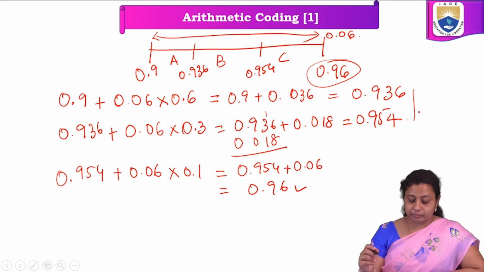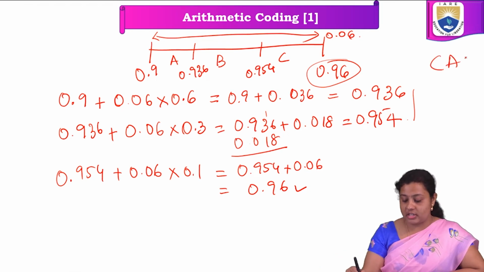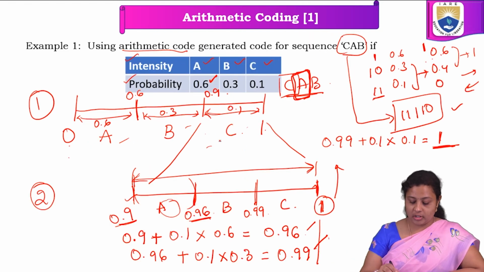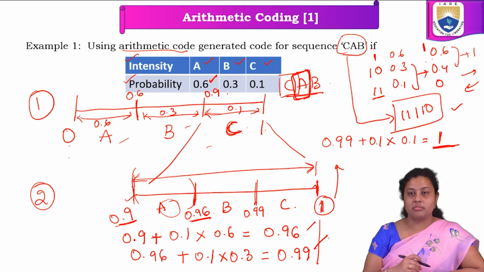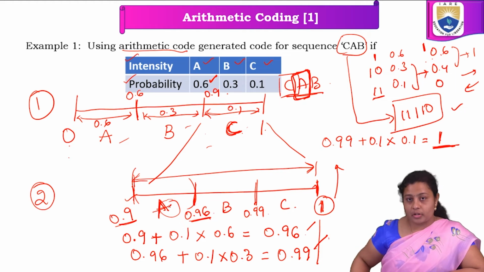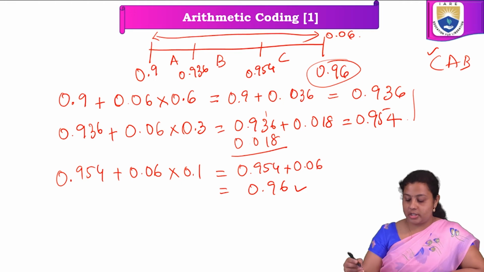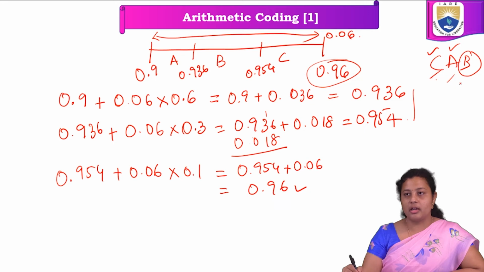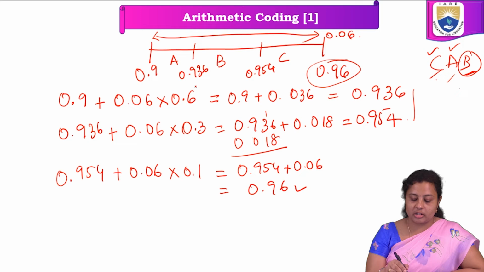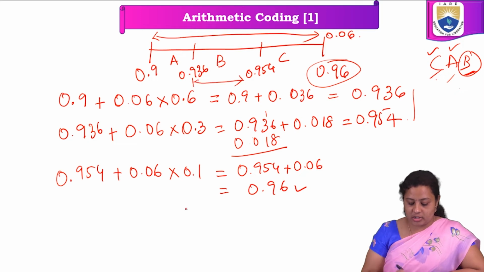Now, I have my sequence as CAB. In my first step, I have taken the range which was represented by the symbol C. In my second stage, I have taken this range which was represented by my symbol A. So I have already coded in my sequence CA. Now, what is the symbol that is left out? It is B, right? So I have the symbol B, which I have to code. What is the range that is represented by B? It is equal to